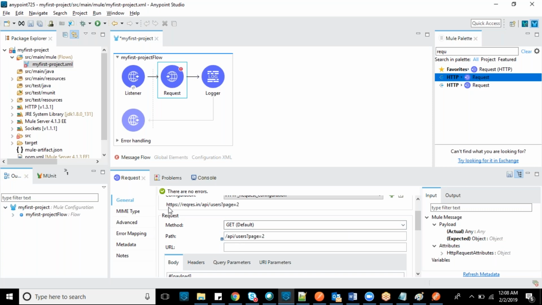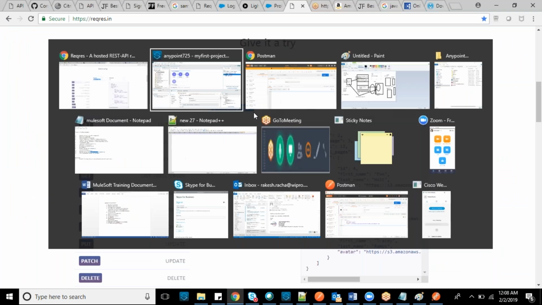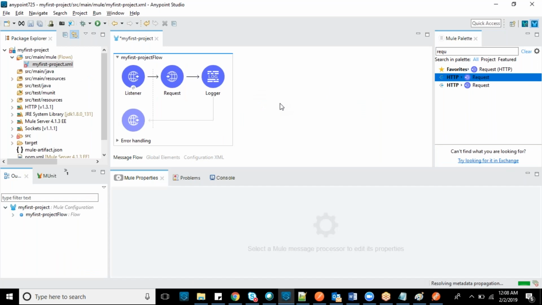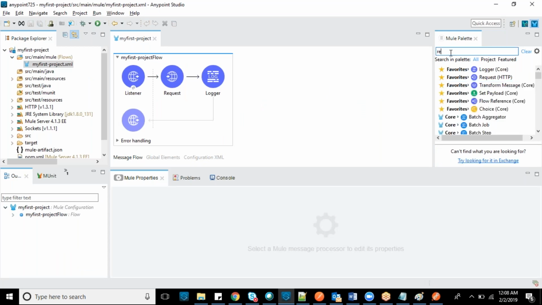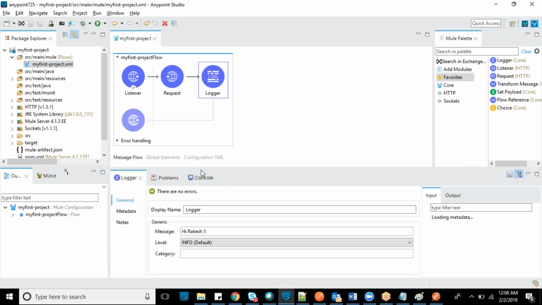So this is the URL. You can see the framed URL, HTTPS request response.in/API/users?page=2. That is the same as /API/users?page=2. That we framed automatically. Now save this one and I would like to print that one. Now I printed it, it's hello Rakesh, right? After this I would like to